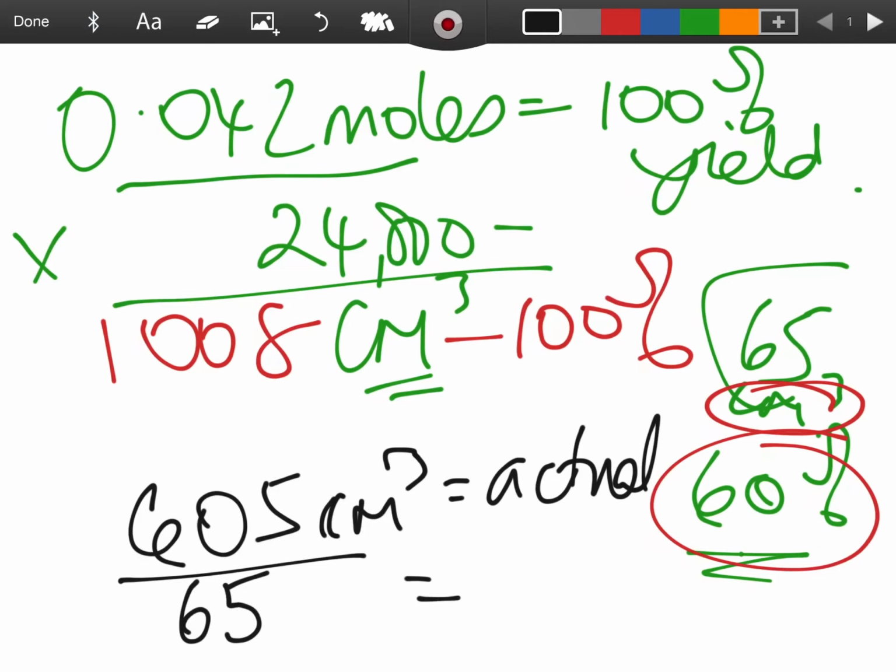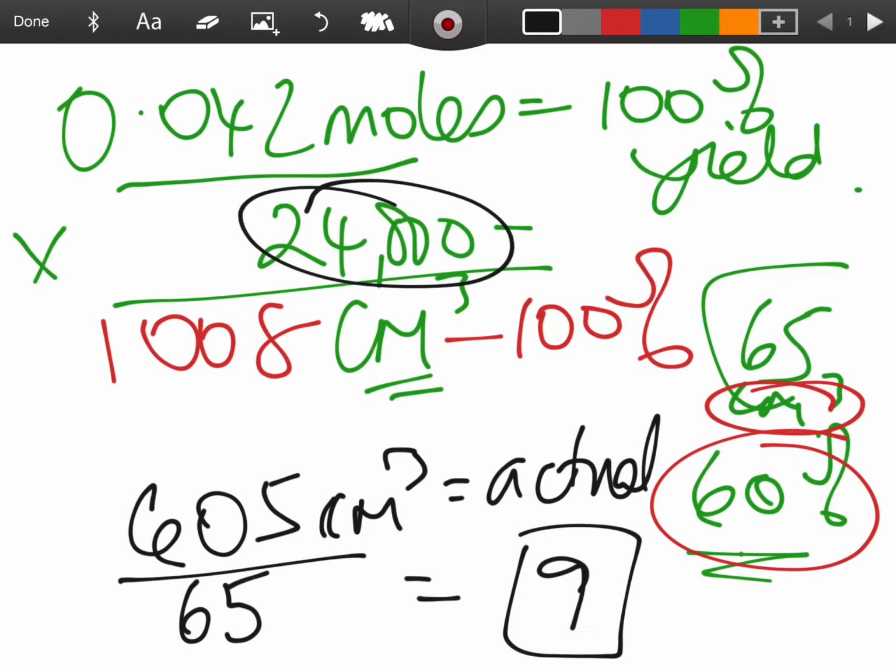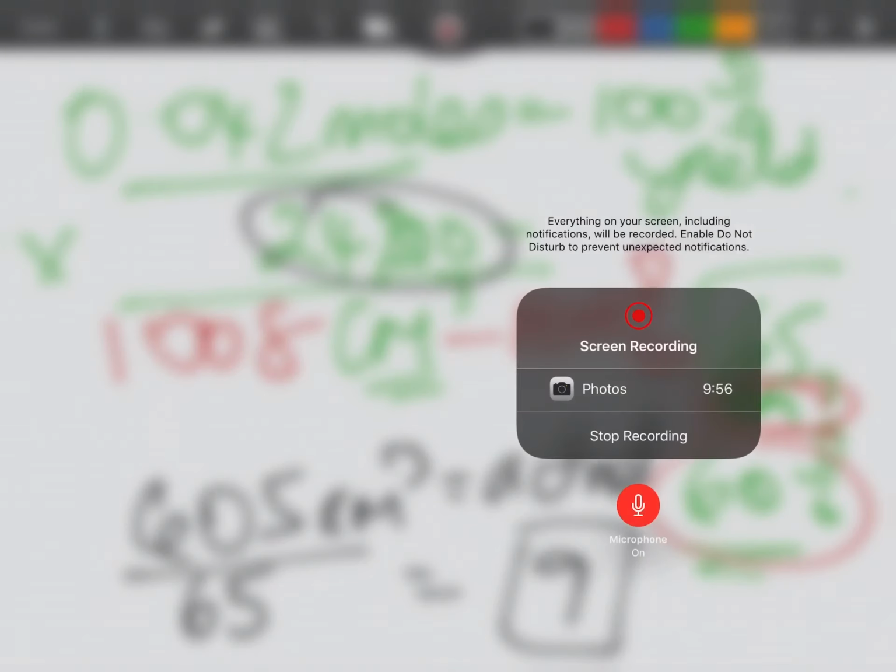Remember that your theoretical yield is always going to be greater than what you'll actually collect. Divide by 65 then, because one test tube has a volume of 65 cubic centimetres, and round off then, because it's whole numbers of test tubes. So 9 test tubes is your answer. So like I said, now if you use 22.4 or 22,400 cubic centimetres as molar volume, that's fine. But that year, as I said, they asked you to use